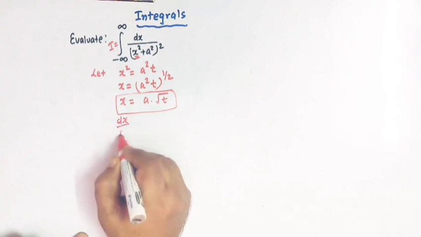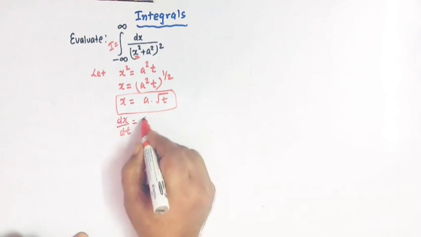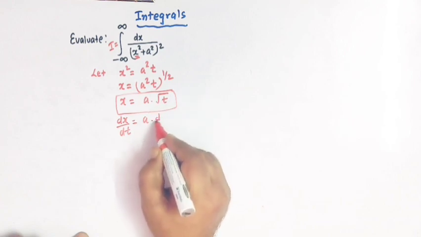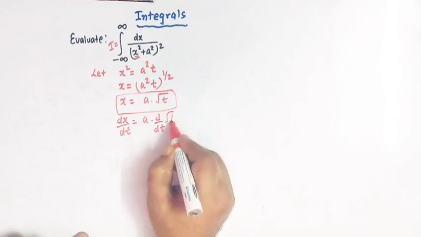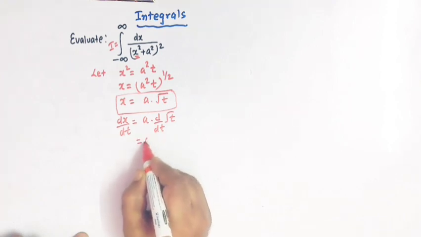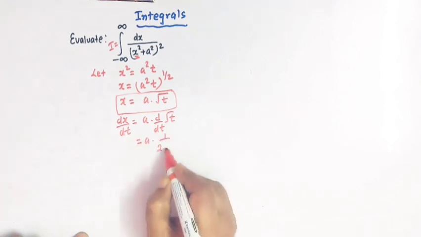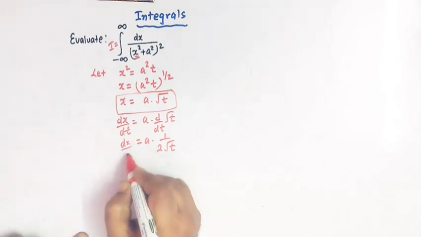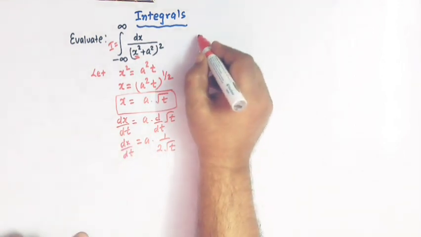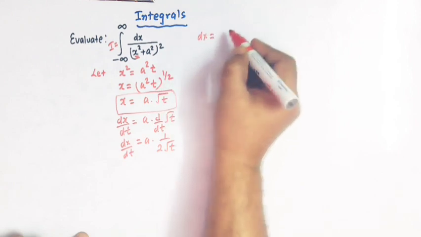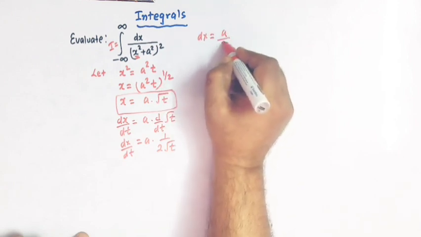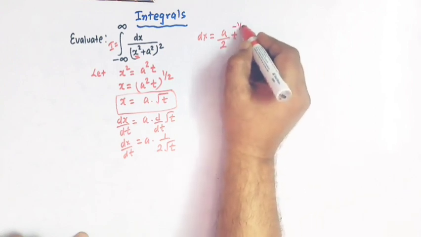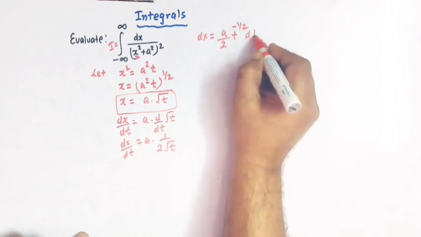So dx over dt is equal to a, being constant, times the derivative of square root of t, which is 1 over 2 times square root of t. So now we can write dx as a over 2 times t raised to minus half